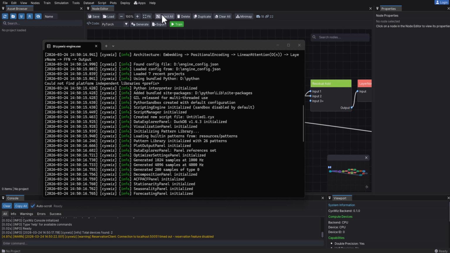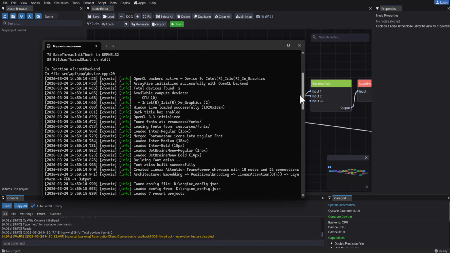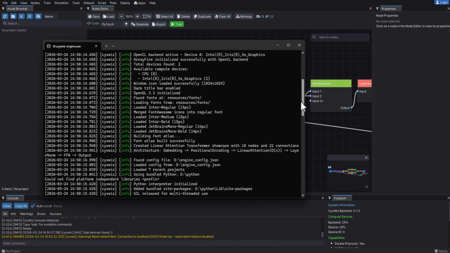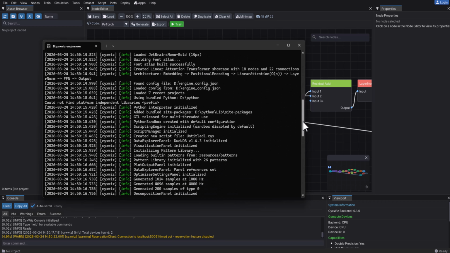Welcome back. Today we have an update on the Python interpreter and how the CYXWIZ engine initializes the Python interpreter in the back end. Previously, as you can see in the console, this is the old method of how the Python interpreter was initialized. At startup of the engine, that is when the interpreter is initialized, and this caused some problems. One of the problems is early initialization, because when the engine initializes Python right at the back end,